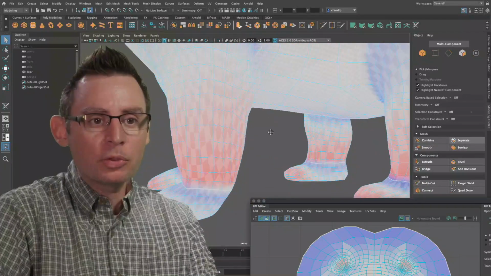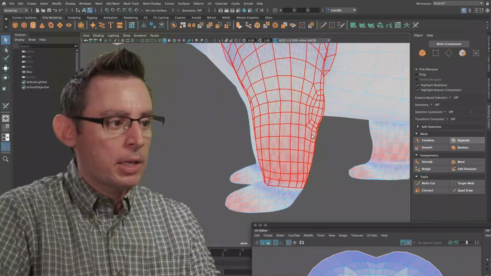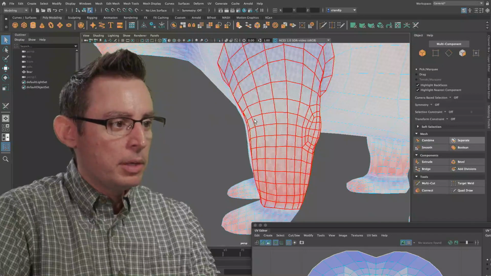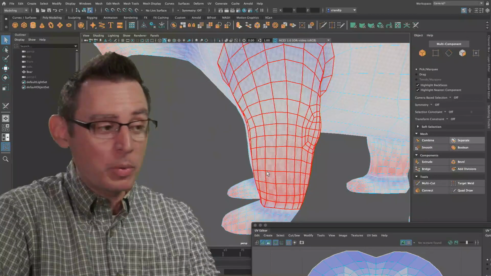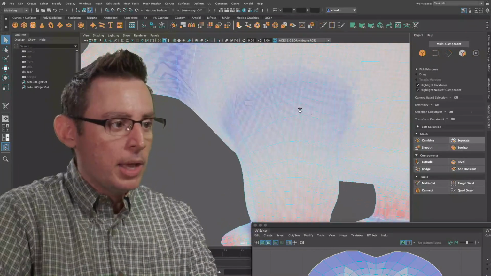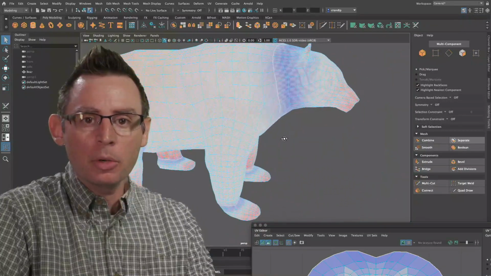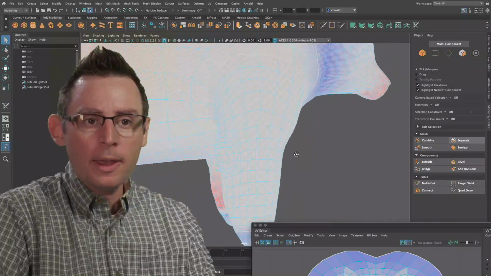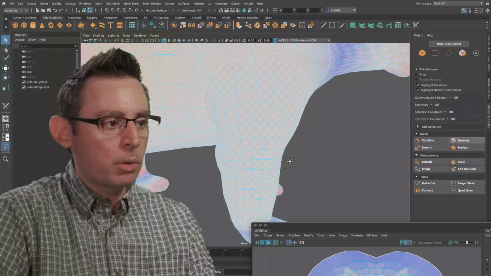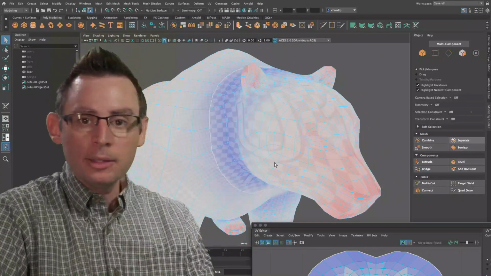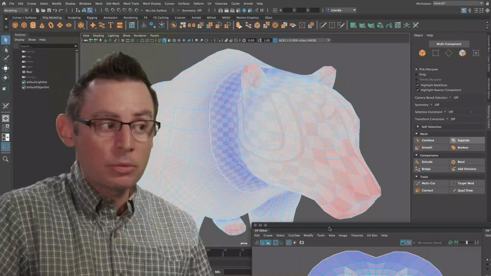Now, if you examine this front leg, yeah, check it out. We get some significant warping where it's red, some moderate warping where it's white, and then where it's blue up here, it's looking pretty good. Now, if we compare that to the leg that we were working on earlier over here, yeah, it's kind of nice and uniform for the most part, and that's what we're after. Let's focus our attention on the head, because that requires some additional energy and maybe a different recipe of UV seams to get the result that we're after.